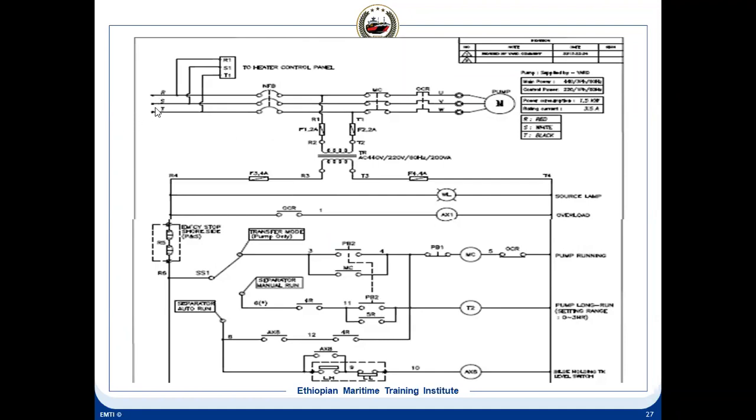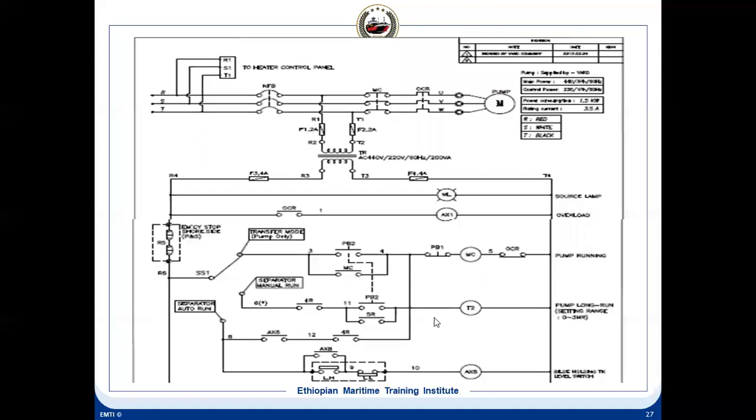You can see here 440 supply. This is the whole electrical diagram of an OWS. That means inside the starter panel of this OWS, you'll find this one diagram. Here you can see the main supply is coming from here. This is coming to the motor. This is a breaker here, and this is the main contactor. This is an overcurrent relay. This is the OWS main pump motor. And from here we have connected a transformer. This is a step down to 220 volt supply here, and this becomes the control supply.